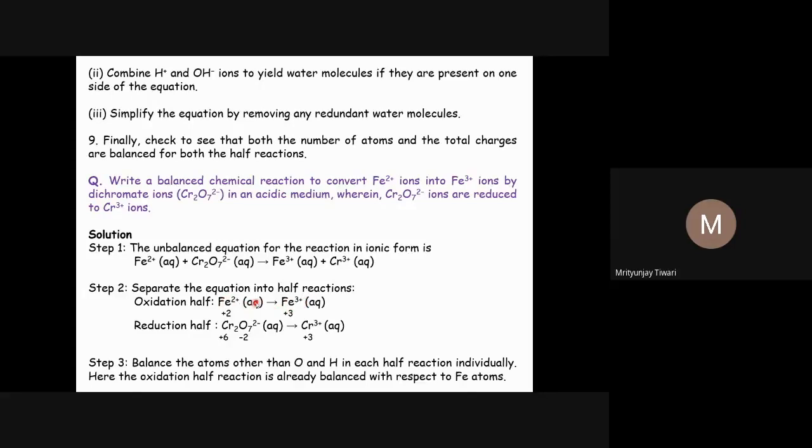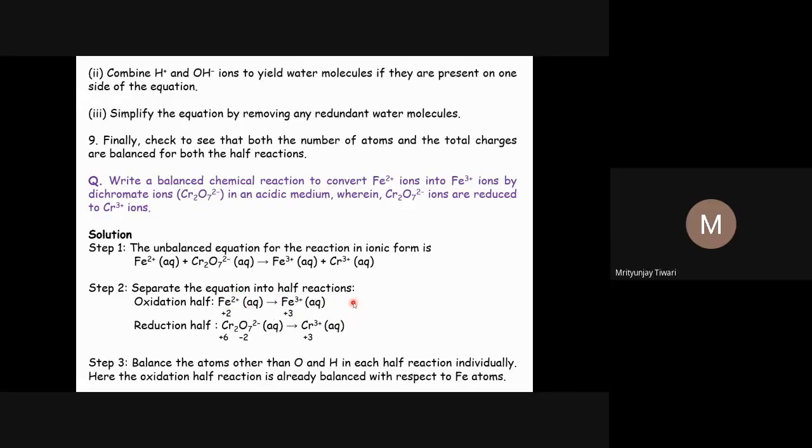So to make them balance, as I explained earlier, we add electrons here. How many electrons do we need to add? We need to add one electron, and we add that electron to the right hand side of the first equation. If I add one electron on the right hand side, what will I get? The total charge is 3+ and one electron which is negatively charged. So the net charge on the right hand side will be 2+ and the net charge on the left hand side is also 2+.